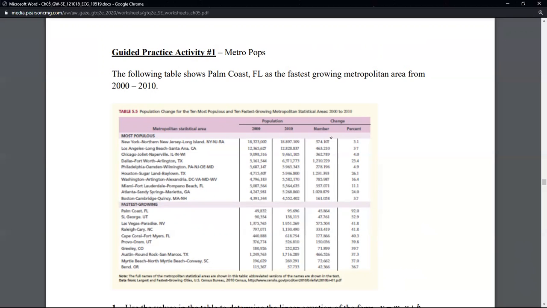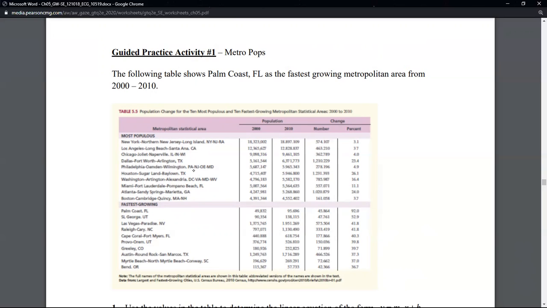New York did not almost double in 10 years, it didn't even come close. It barely added on to the population. So that's because New York is already pretty well established, whereas this Palm Coast, Florida town is pretty new, and you've got good construction crews in there, good politicians, low tax rates maybe for local regions, things like that, that are just kind of initiating growth. And maybe in the next 10 years, maybe right now, maybe this population is 150,000, maybe it's 200,000. I don't know. I'm not going to pull up the data.